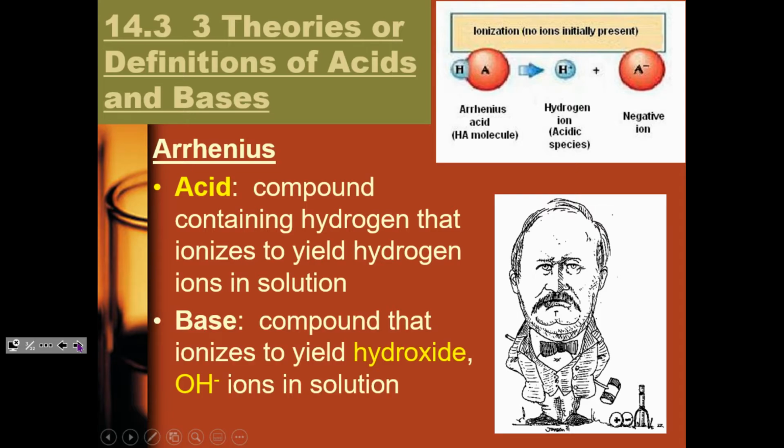Now, an Arrhenius base is a compound that ionizes to yield hydroxide. So this is kind of our initial definition, but Arrhenius acid is going to give off an H plus. Arrhenius base is going to give off OH minus. So this is probably our easiest definition, and it's just because we're looking for two specific things, H plus and